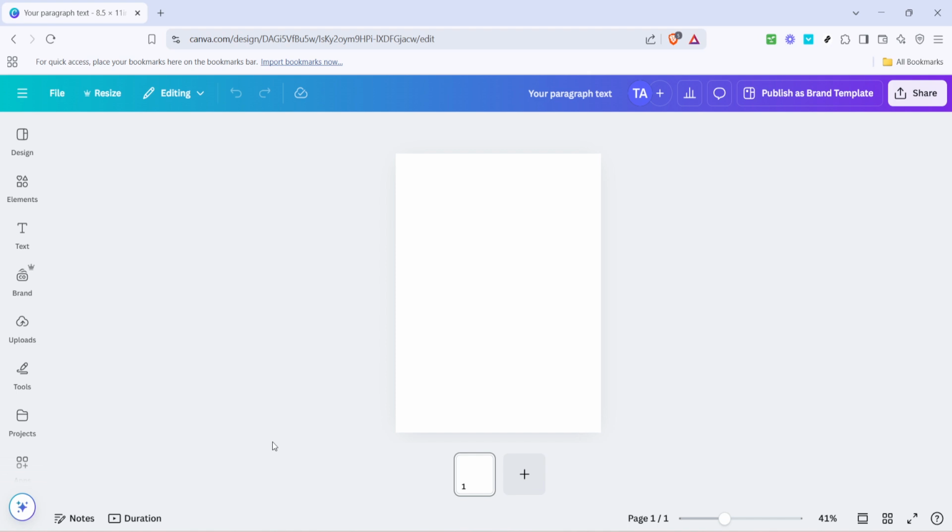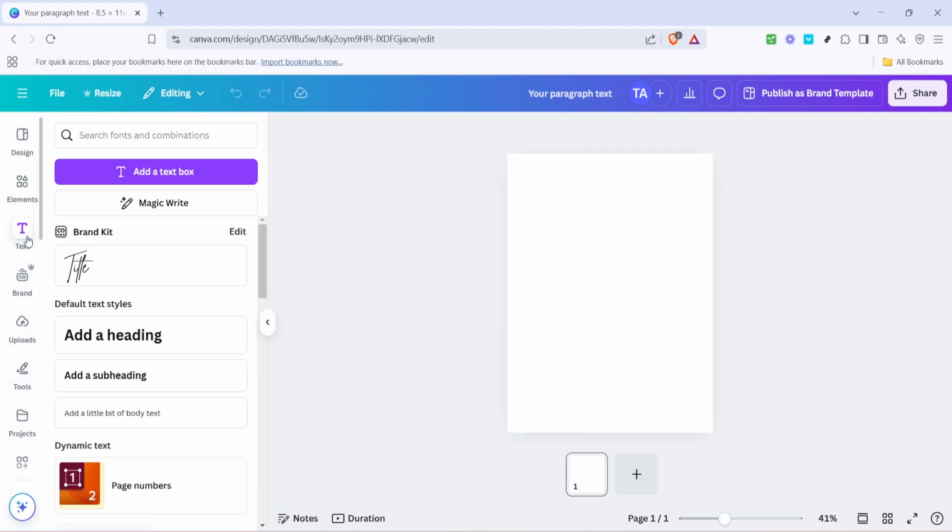Let's get started by launching Canva and opening your current project. You might be working on anything from a presentation to a social media graphic, and the steps we're about to go through will be applicable to any of these. First, you'll need to add a text element to your design. On the left-hand menu, select the text option, then click on Add a text box to include a new text